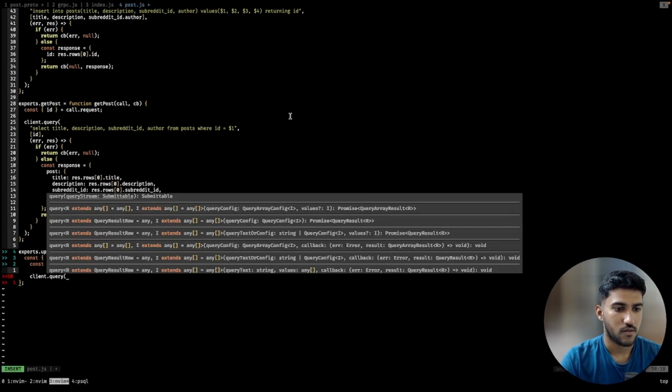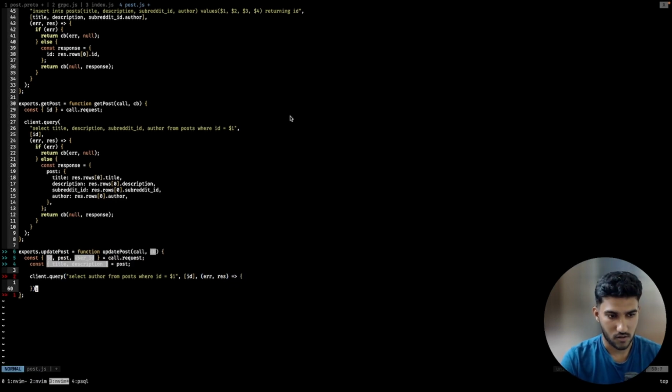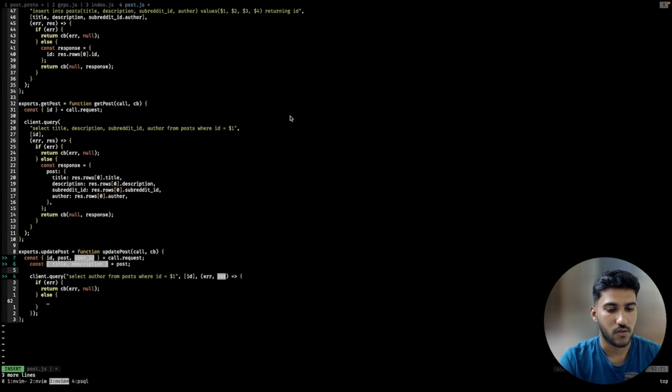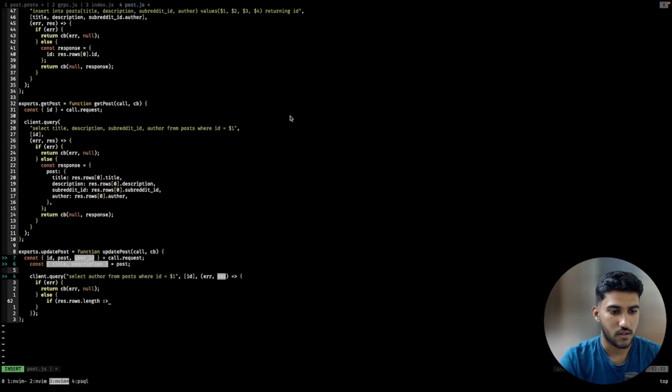So let's query by saying select author from post where ID is equals to $1, which is the ID. We get error and res. So basically we are getting the author of the post which was given, and we'll check if the author's ID is same as the user ID. So first we'll handle the error, right, and else if there is no error, we'll check if res.rows.length is greater than 0,